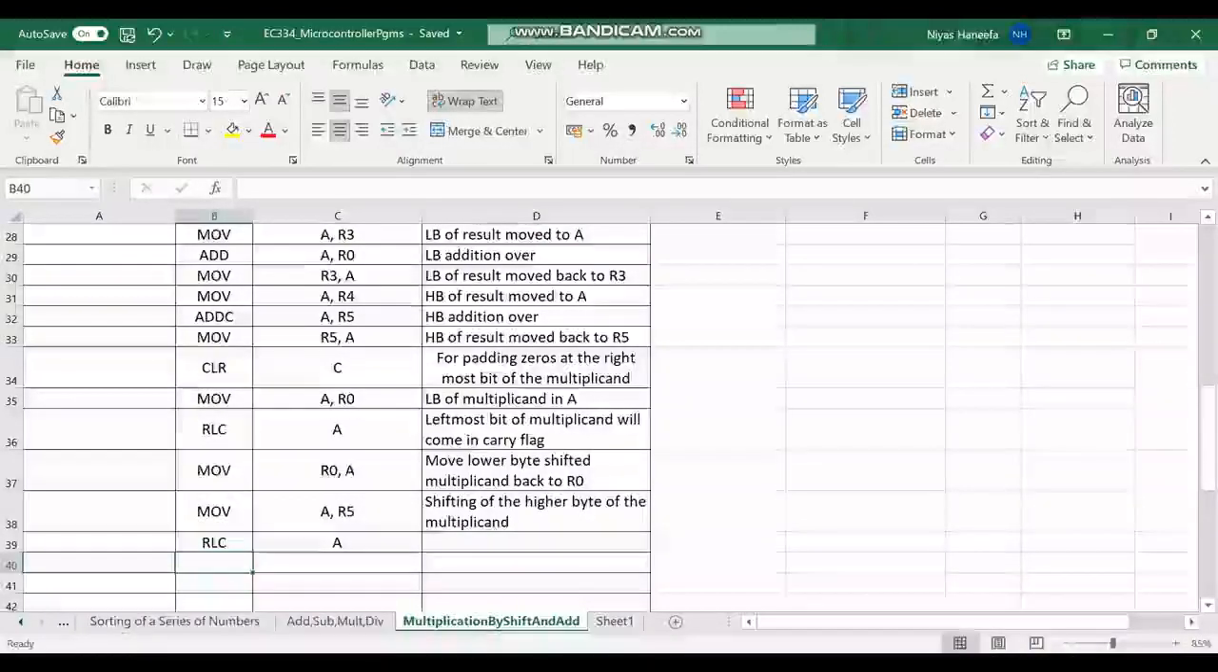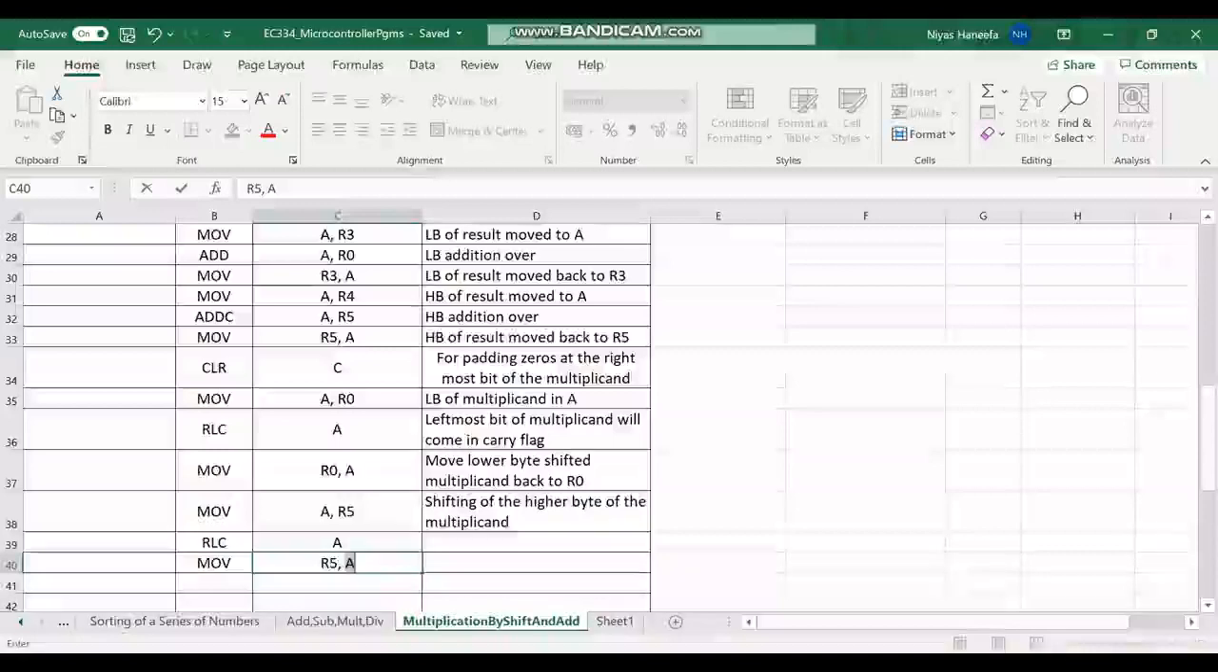I'll just explain in a moment. So for the time being, you just try to follow whatever I am writing. Then we'll move that back to R5. So move R5 comma A,